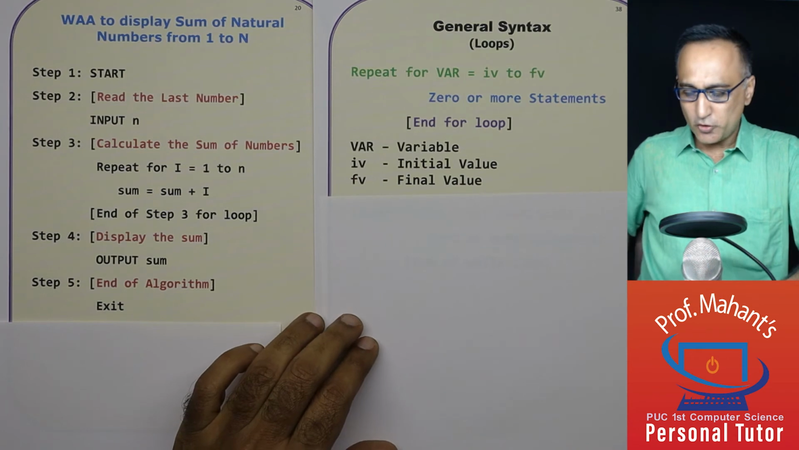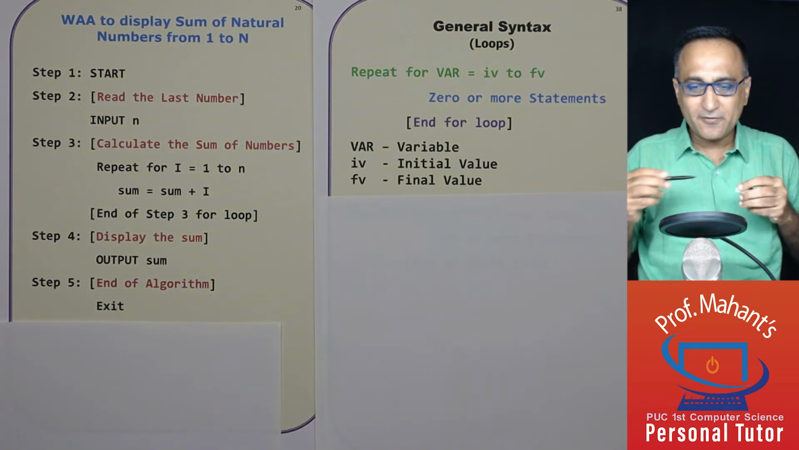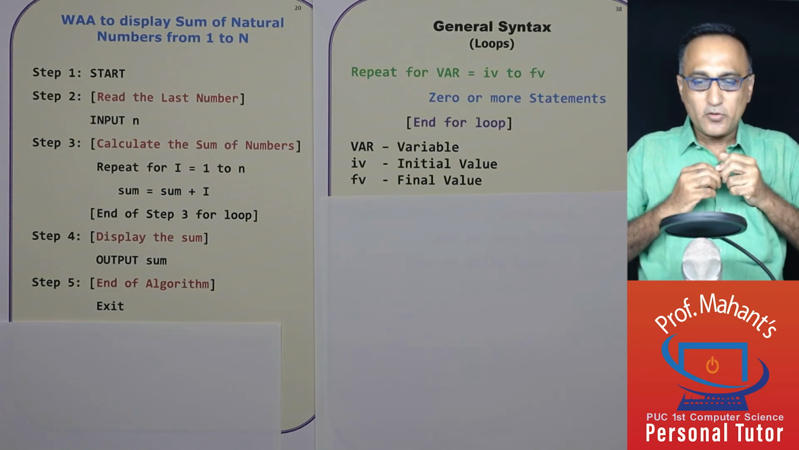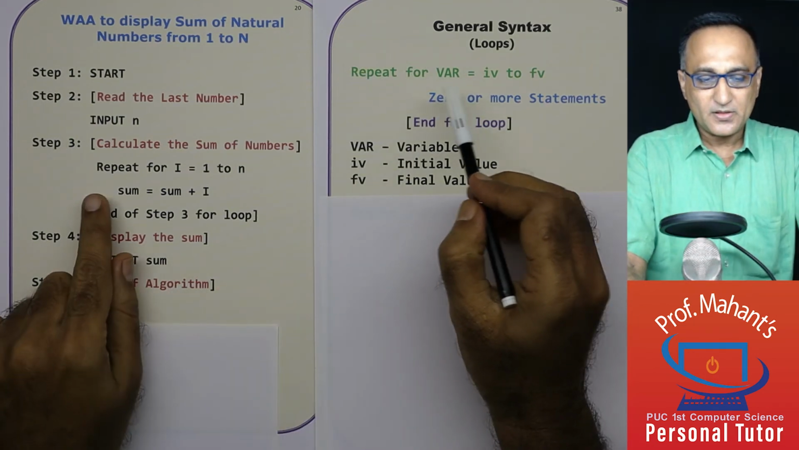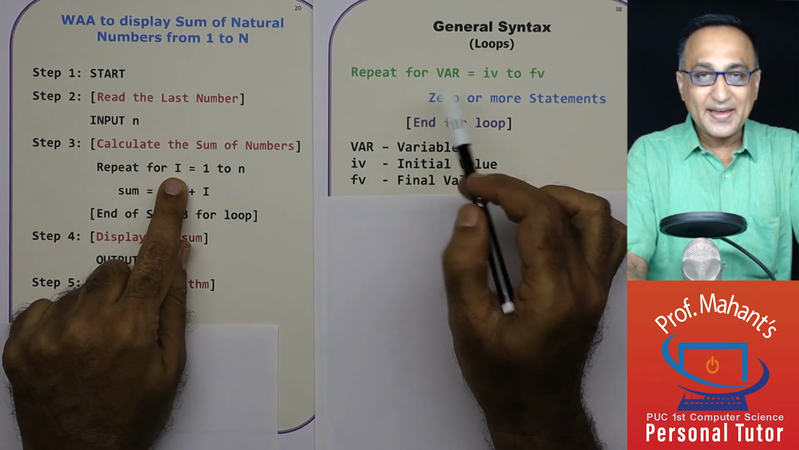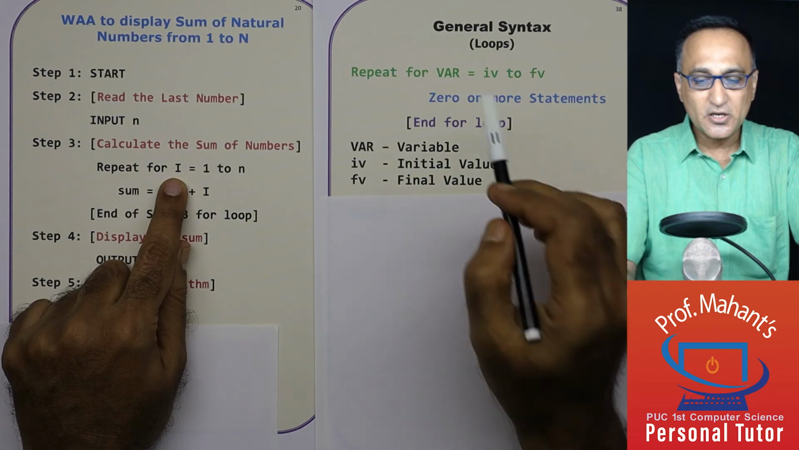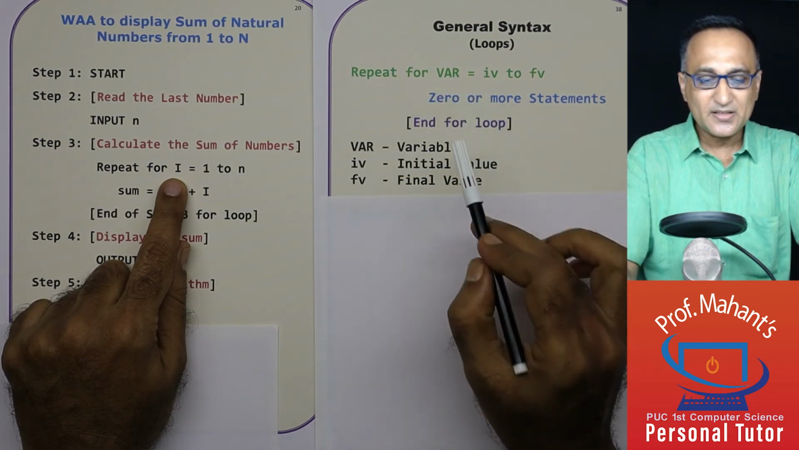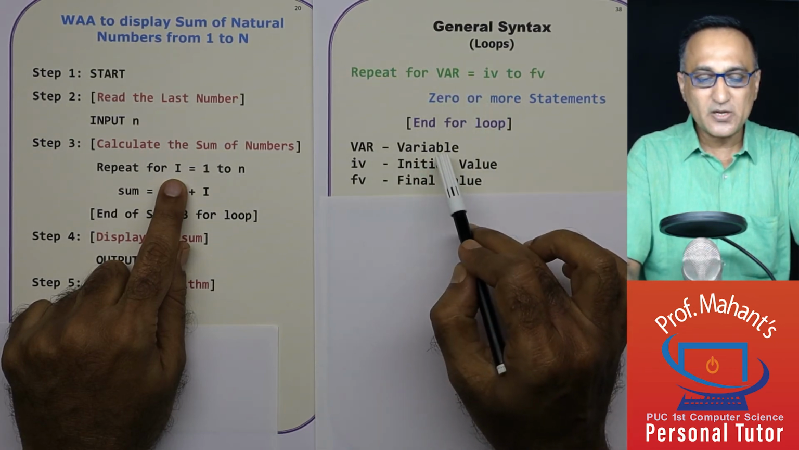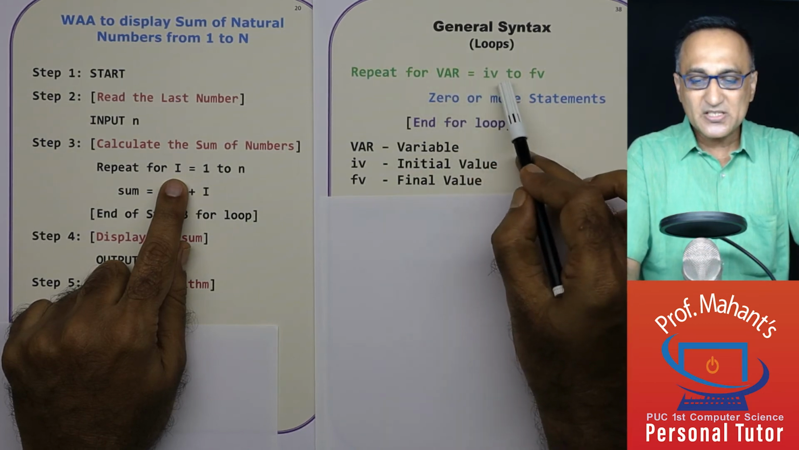Now I will just show you the general syntax of the repeat for loop. If you look at repeat for, the word repeat is here, the word for is here. I happens to be a memory location or a variable whose value is changing. So that's why I've written var. That means I is a variable. So in place of I, the general diagram says var. IV stands for